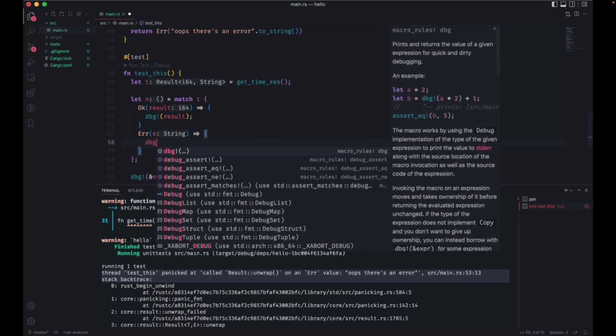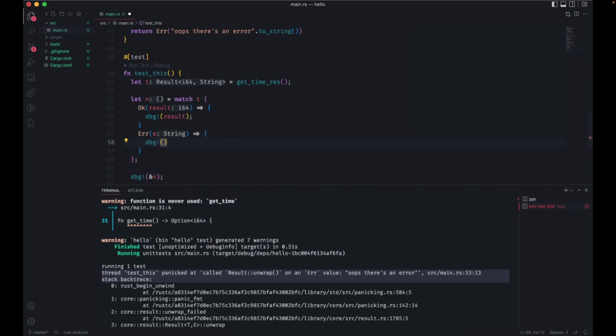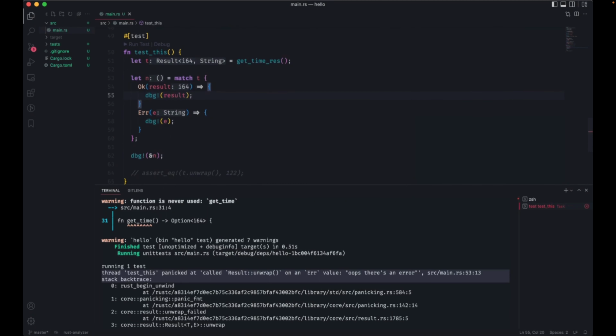I'm going to debug the error. Different programming languages have different ways of doing this. Coming from JavaScript and Node, this is the case, and Rust lays it out very neatly, the different cases you can have, and allows you to destructure the variables as well, and basically create a closure over here.